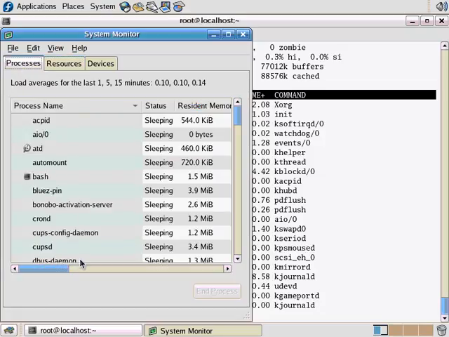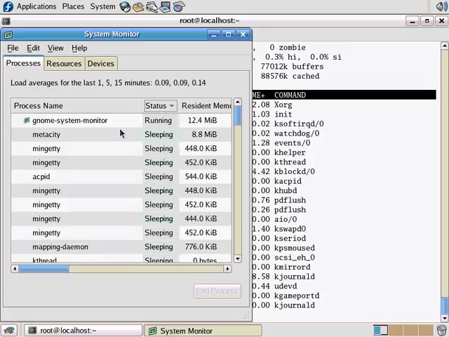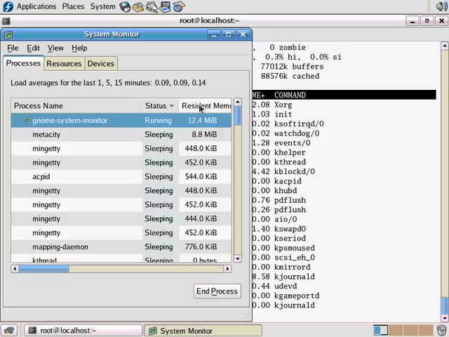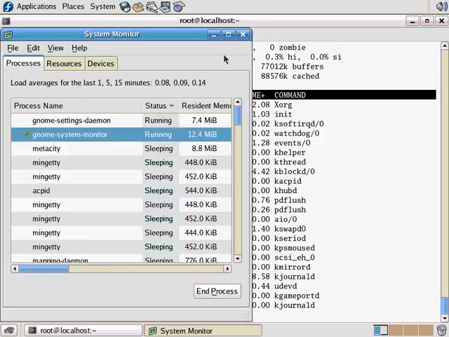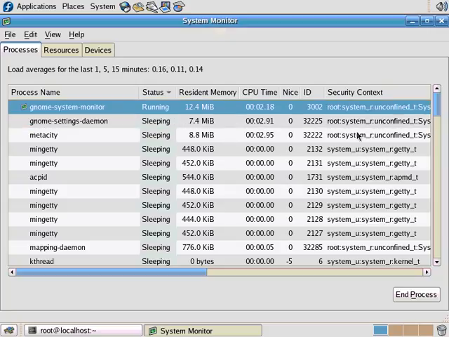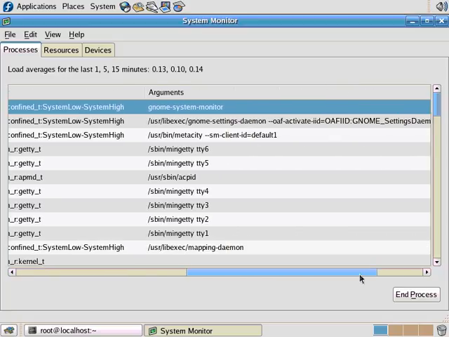You get to see all the processes on the system, and you can quickly sort them. Here's the process name, here's the status. You can click that and I can see that this is running. It's taking up 12 megabytes. Let me maximize this screen so you can see all the columns: 12 megabytes of RAM, CPU time, niceness, ID, security context, who it's running as, the arguments,